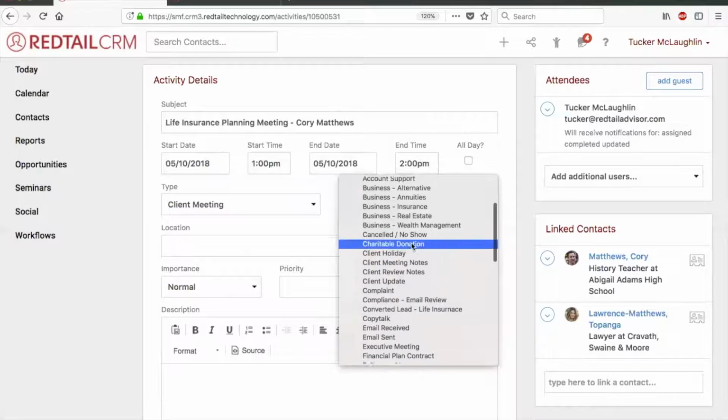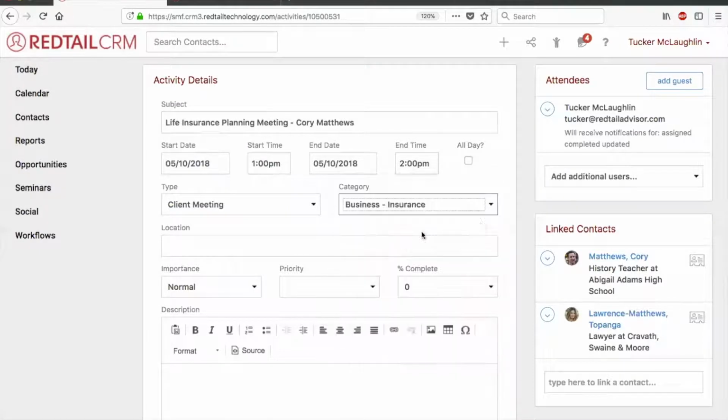For here, I'm going to go ahead and say business insurance. So it kind of gives me a pretty good understanding of what we're going to talk about. Then as we scroll down, we have location. If you're going to meet at a specific location, you can go put in a location, but it's completely up